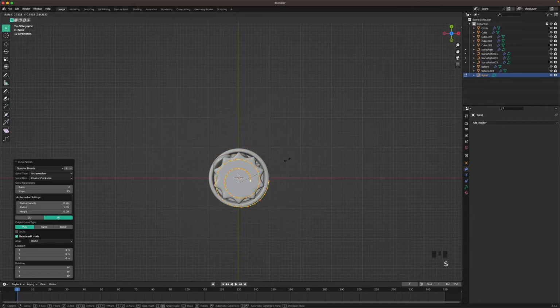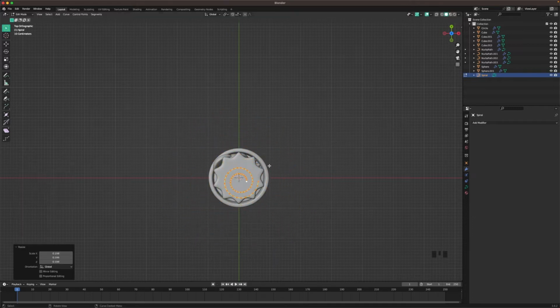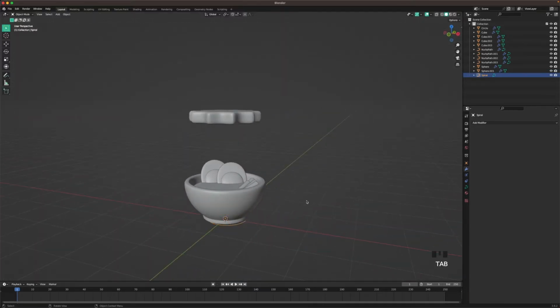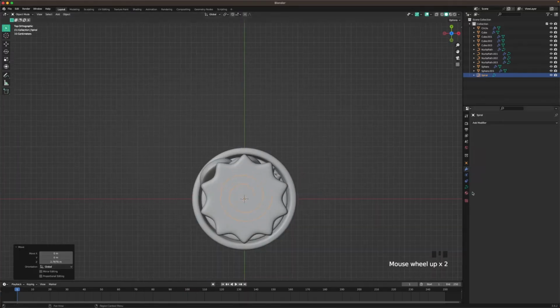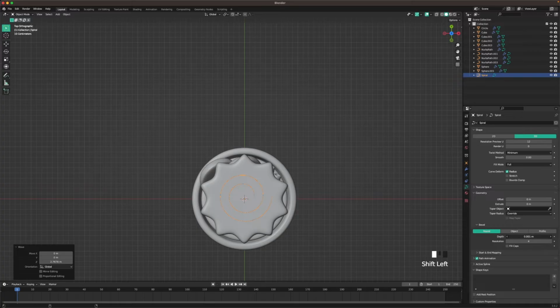Then we can scale this down just like that, and then place it in the middle. And then we'll have to leave edit mode, move it up, and then from top view we're going to increase the depth just a bit, just like that. And then you can press fill caps,